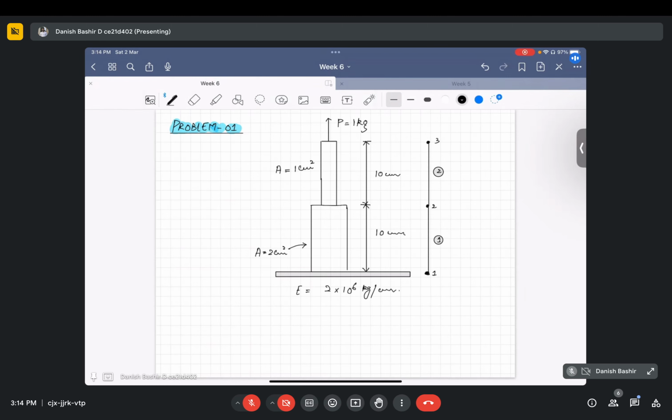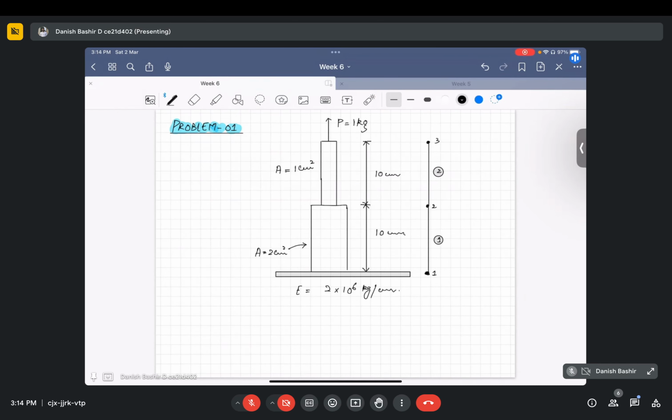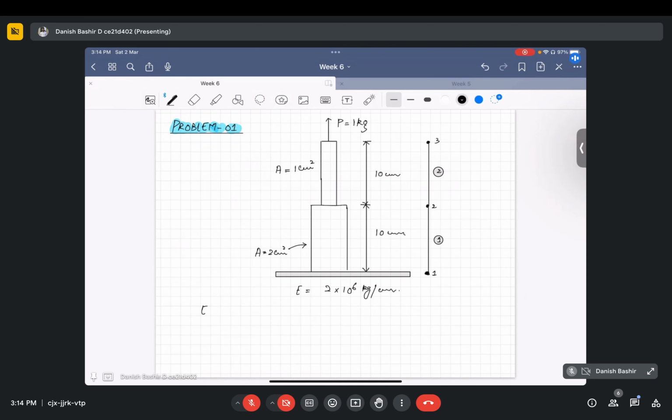Moving forward, we will write individually the element equation for each element. First let me write the general element equation. I will be taking this element equation. So the equation will be EA upon L, then we have matrix [1 -1; -1 1] times [U1 U2]